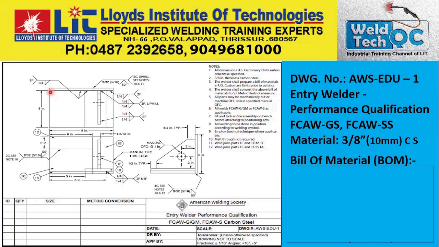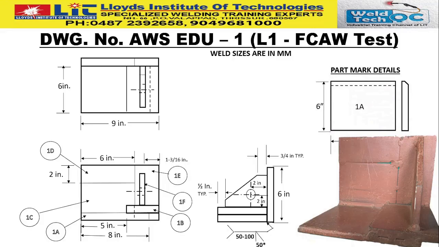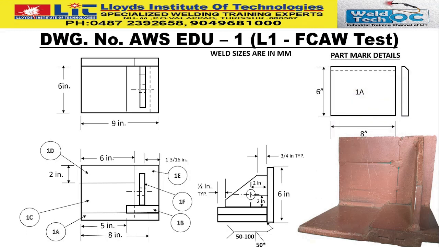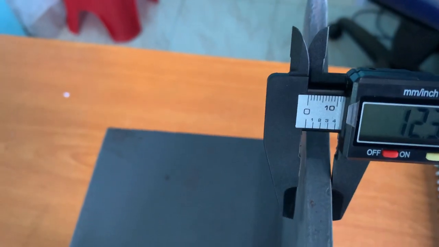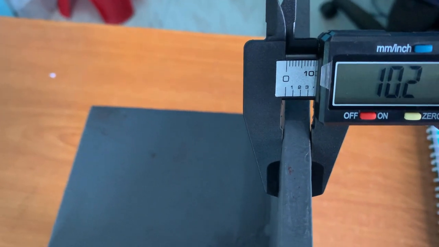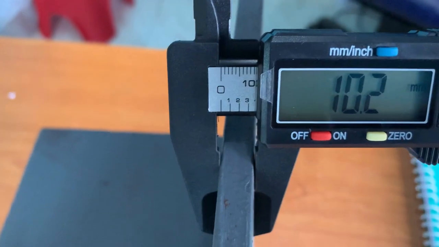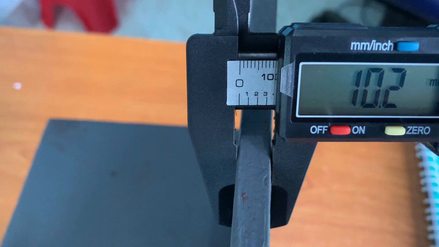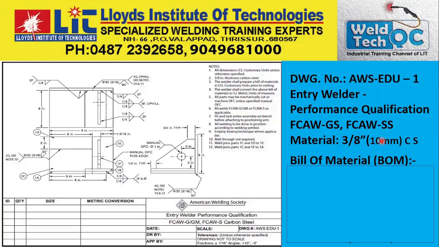So the size is 6 by 8, and 3/8 inch is the thickness. Material thickness of 3/8 inch is approximately 10 mm, 9.5 something, but we consider it as 10 mm, because that is easily available in India, so 10 mm is used for this purpose, carbon steel material. And let us see the other one,